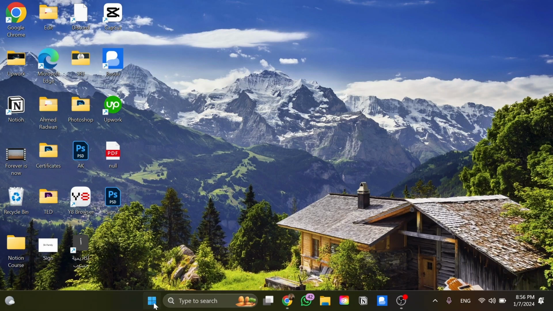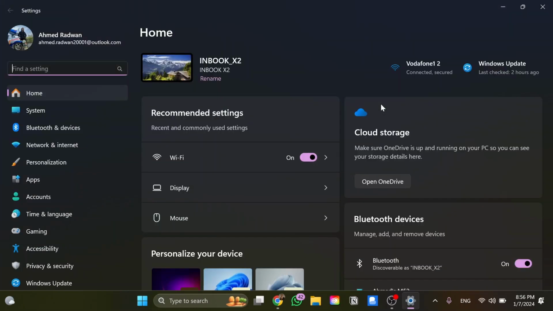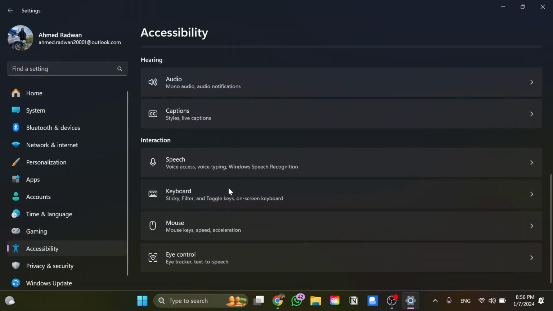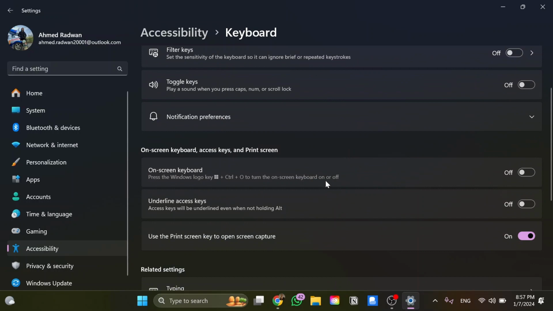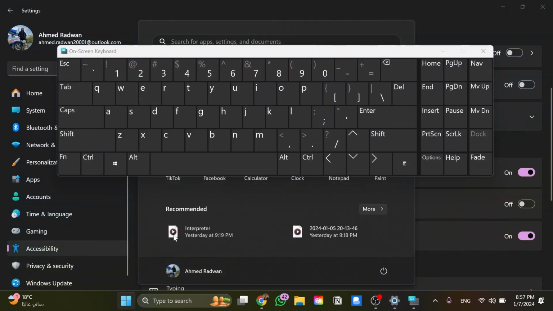So at the beginning go and click here and then go to settings, and then whenever you arrive to settings go to accessibility here. Just scroll down a little bit until you find keyboard and click on it, and go to on-screen keyboard and click over here to be able to see this keyboard on the screen, and then click over here and